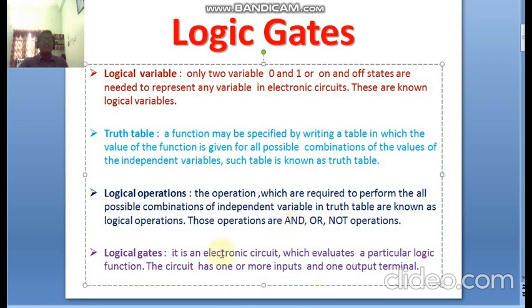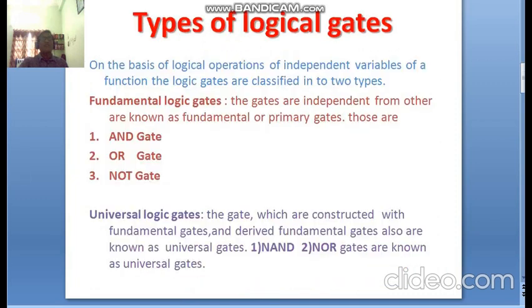If you come to the logical gate, as we defined, it is an electronic circuit which evaluates a particular logic function. The circuit has one or more inputs and one output terminal, then that is known as a logical gate. Now come to types of logical gates. On the basis of logical operations of independent variables, the logical gates are classified into 2 types.